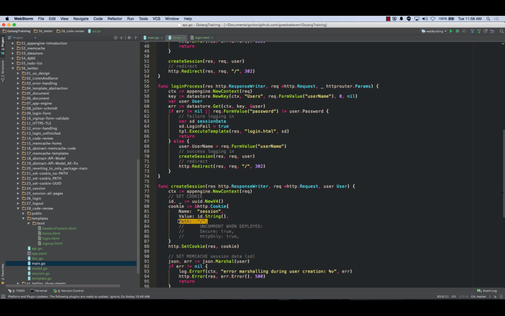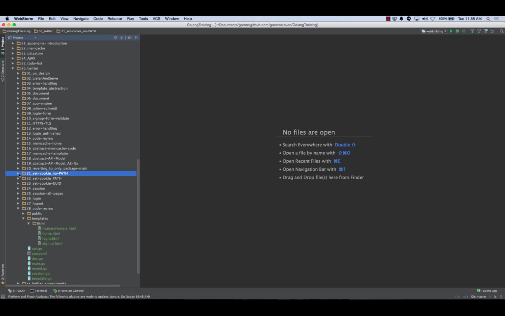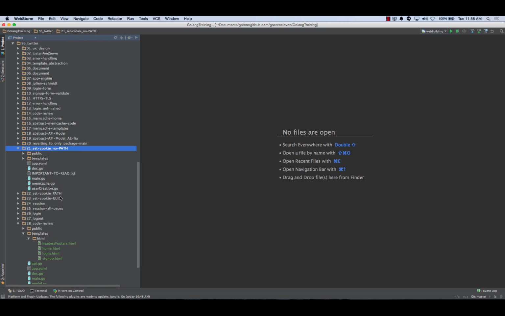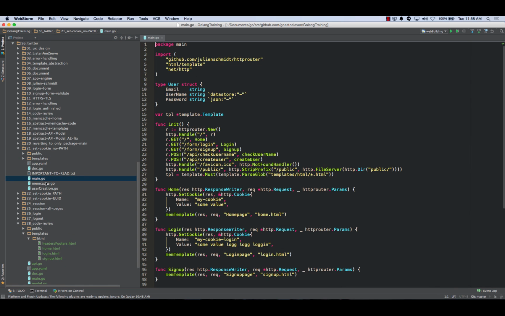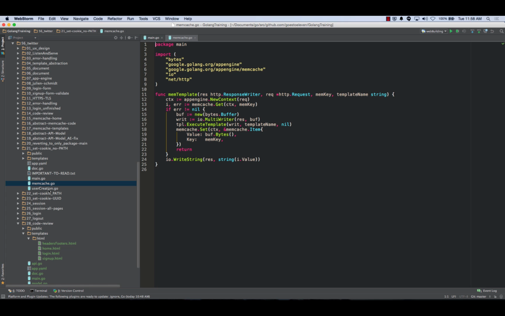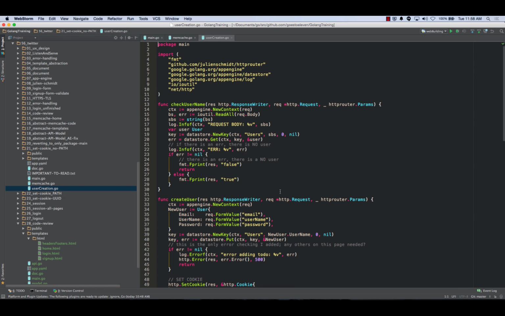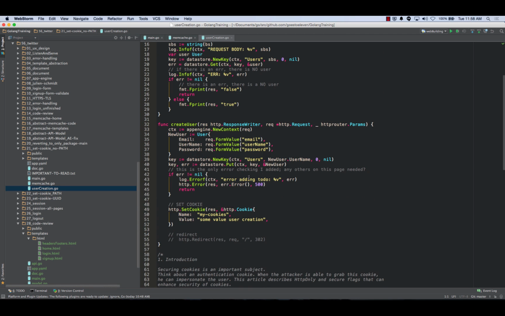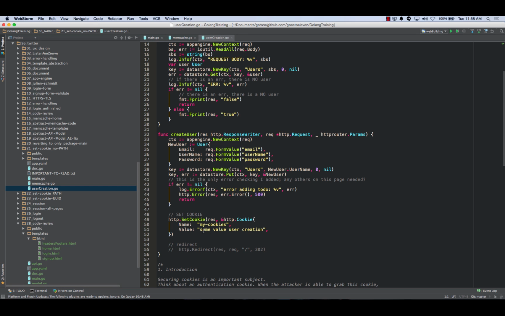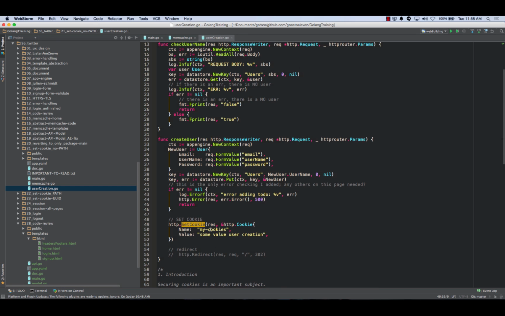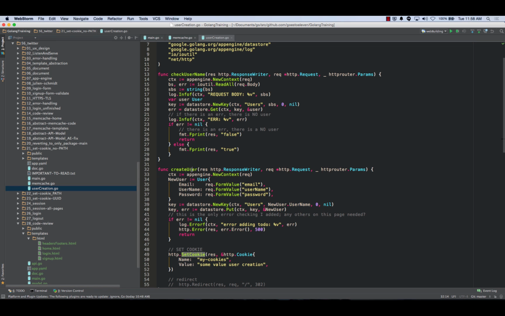Were you setting it at the other path first and couldn't find it, or what? Yeah, you want to see that in action. Here is set cookie no path. Let's see it, because that's kind of fun. Set cookie no path. I just have to figure out where my cookie's getting set. So check username, probably Memcache, user creation, and create user, and set cookie no path, right? And create user is being called